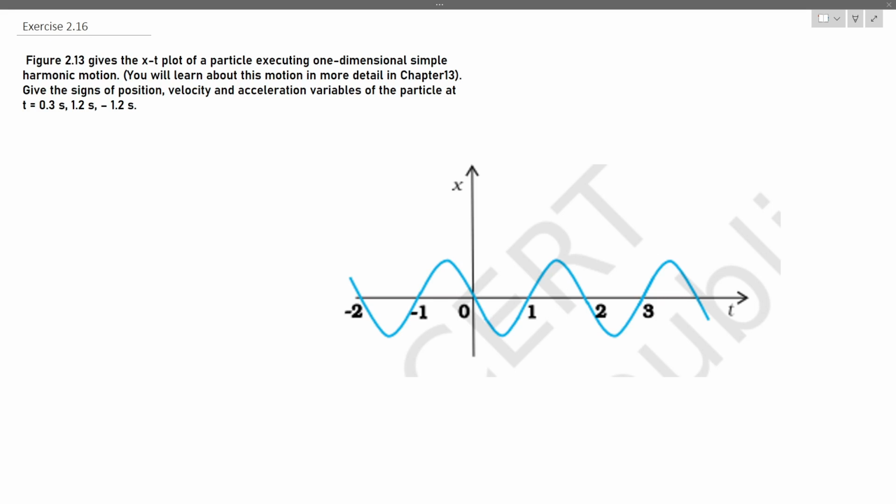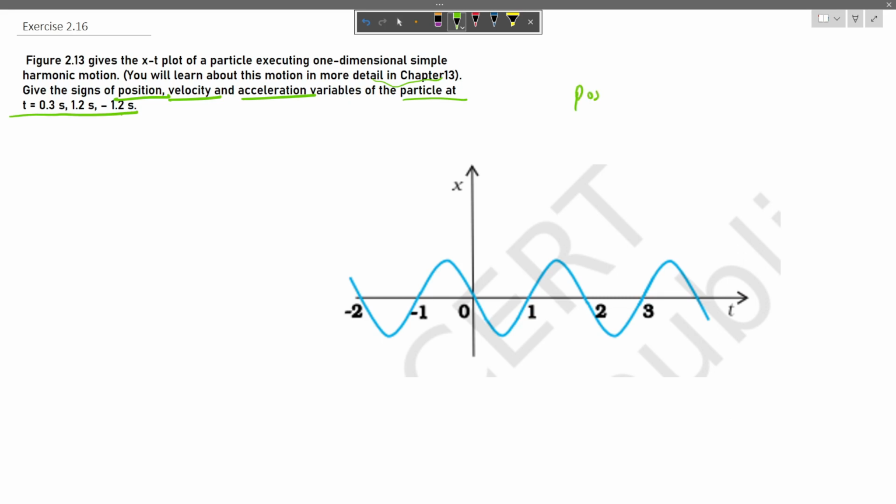The question says that figure 2.13 gives the x-t plot of a particle executing one-dimensional simple harmonic motion. You will learn about this motion in detail in chapter number 13. Give the sign of position, velocity, acceleration variables of the particle at time t equals 0.3, 1.2 and minus 1.2